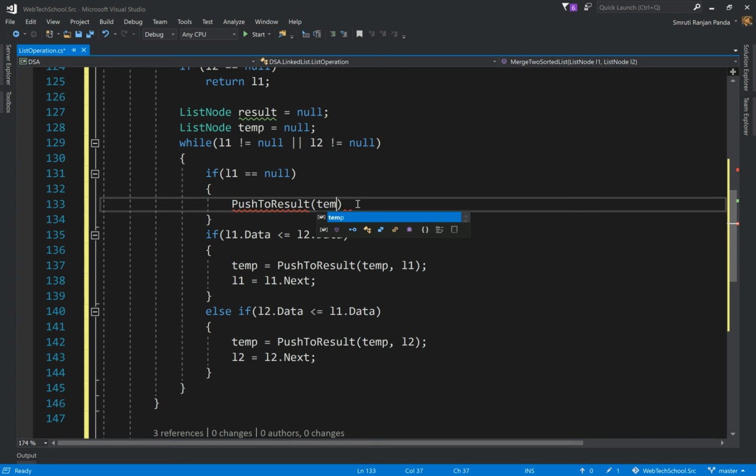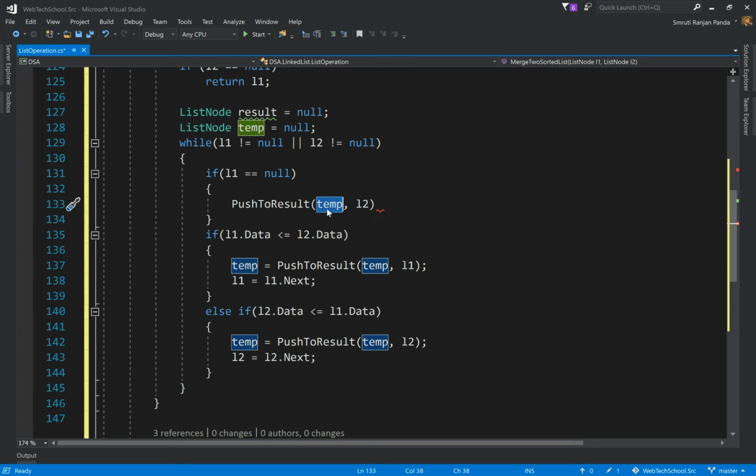We will push temp and L2 to the result. So temp is the node keeping track of the last node, and to the last node we will completely add whatever remains of L2.